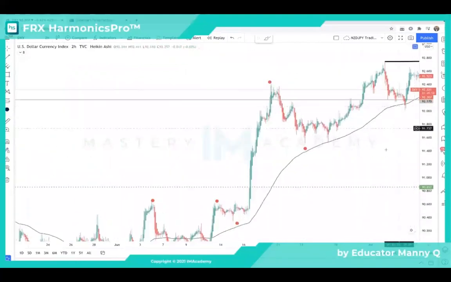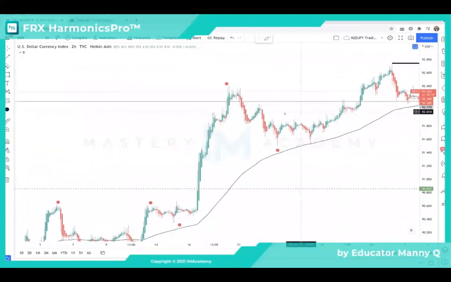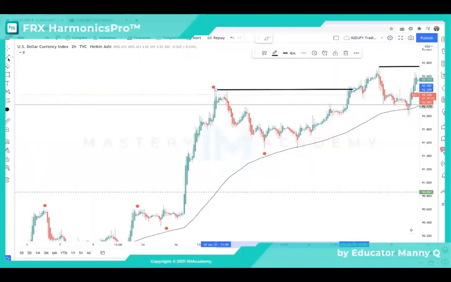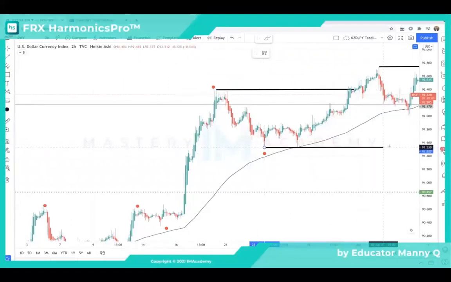Okay. If we're looking at this area of high and low right over here in the market, remember, we now have a range. The high of the market is the resistance. The low of the market is in fact the support, right? Now, if this market is in an uptrend and you want to continually trade in the uptrend, how could you get back in? Well, by using market structure, when the market creates a new higher low,